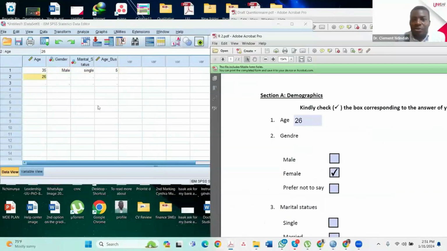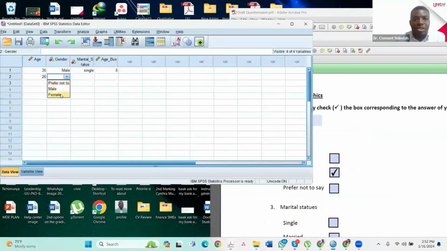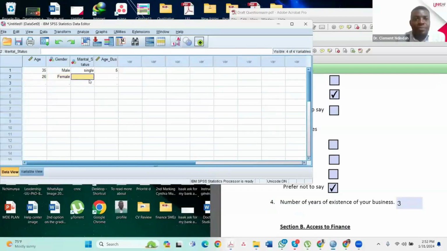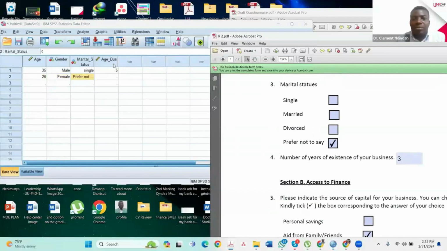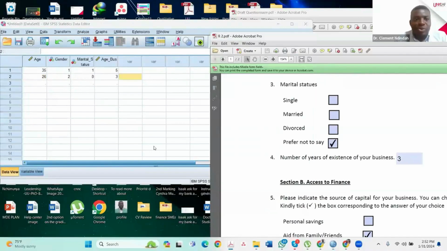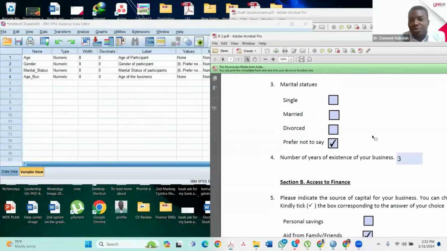Okay, gender, female. Marital status, prefer not to say. Okay, prefer not to say. And then number of years of existence of their business, 3. Good. Okay, so you see the categorical variables are appearing by names, but if I click here, they'll all appear numerically. Depending on your preference, you can choose whatever appearance is most informative to you and